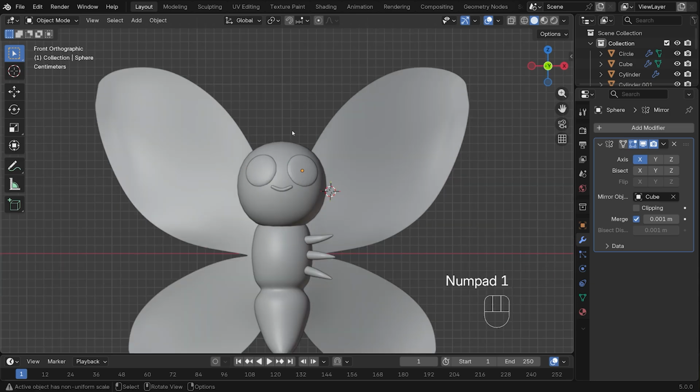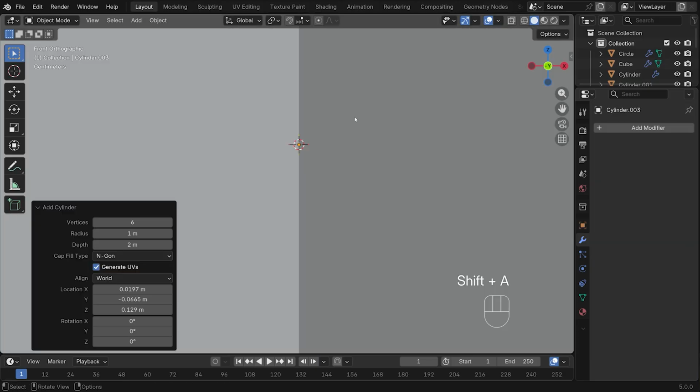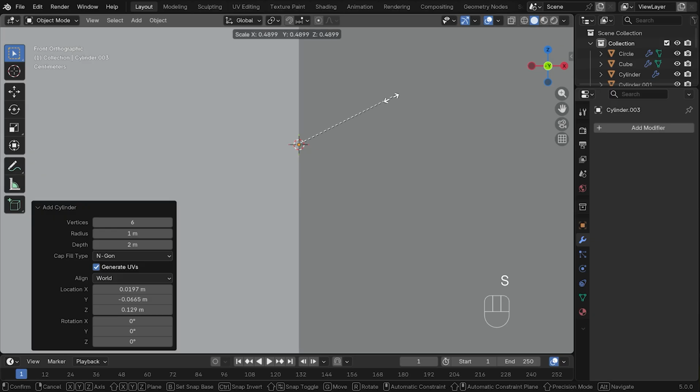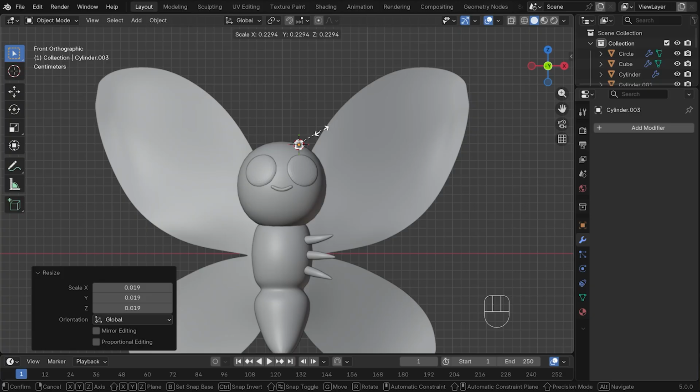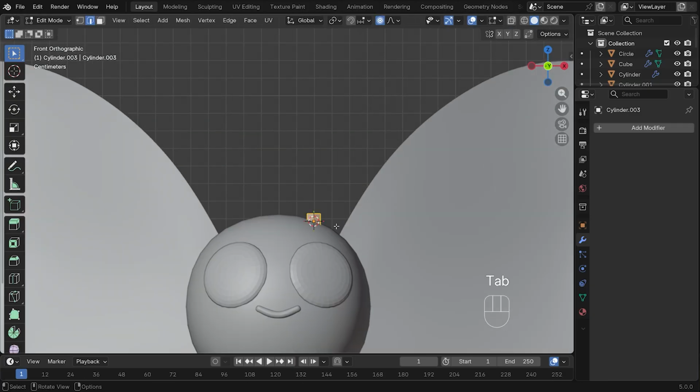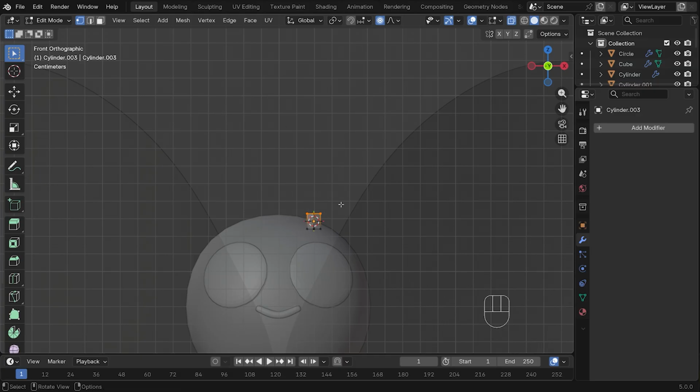Now, last thing to add to the butterfly, shift right click somewhere around here, press Shift A to add mesh, add another cylinder. The 6 vertices is perfect, so leave it like that and press S to scale it down, make it nice and small like that. Tab into edit mode, go to vertex mode and turn on X-ray. Select these top vertices,